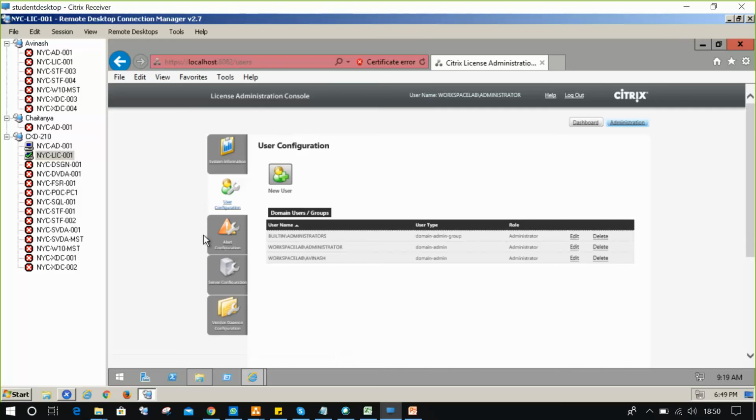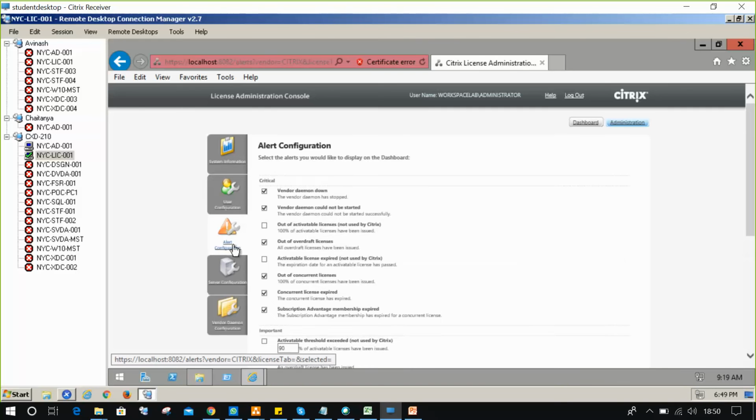Next, alert configuration. Why do we need alert configuration? The alert configuration will help you with monitoring your licenses. For example, how many licenses are used, how many licenses are left, when the license server will expire, and when the supporting subscription license will expire. All these things will be available in the alert configuration.